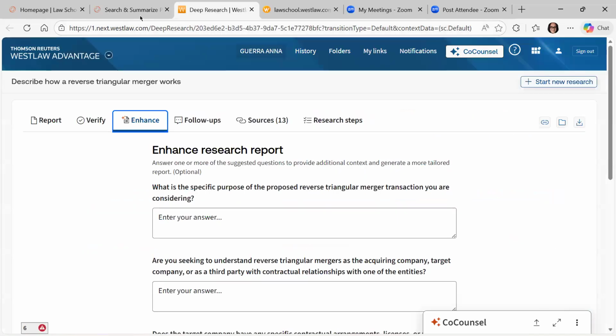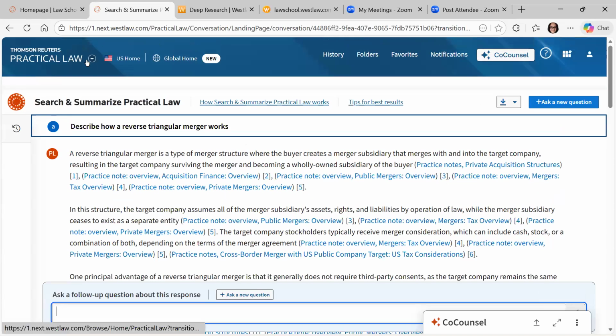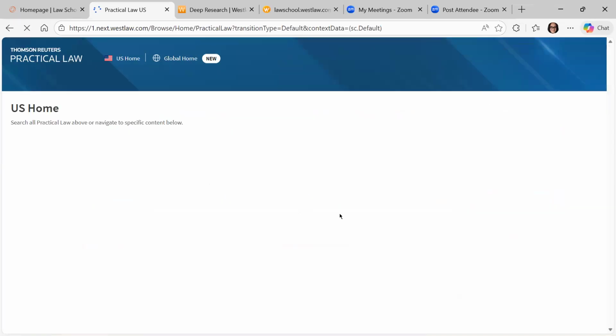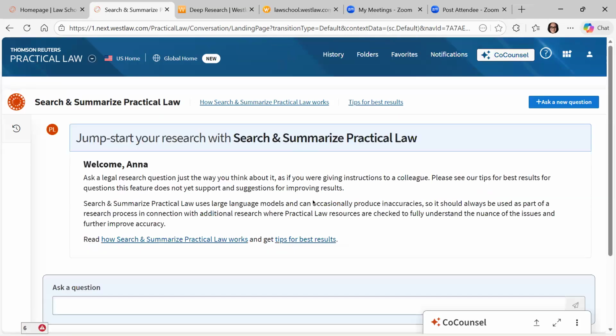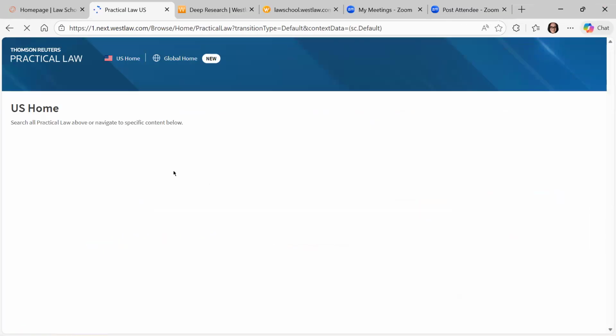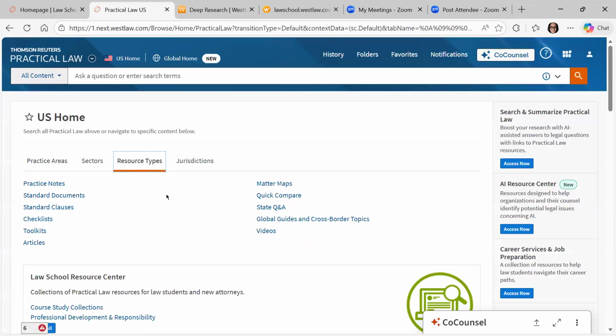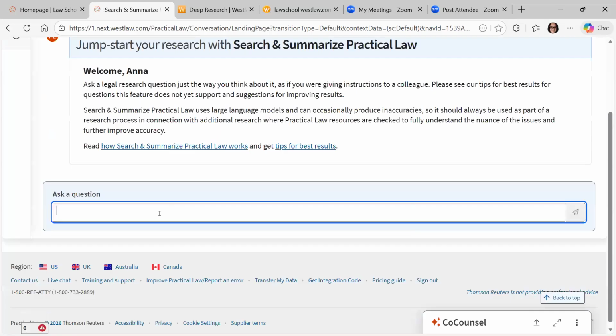All right, so I'm going to click back. I'm actually going to click back into Practical Law. And there are a couple of things in Practical Law that are also really useful. Let me go back, sorry. You can see all of the resource types here that you can find in Practical Law. It can be a little challenging if you're just not even sure what's here. So in search and summarize Practical Law, you can ask search and summarize to try to find you a document. So you can just say, I need a